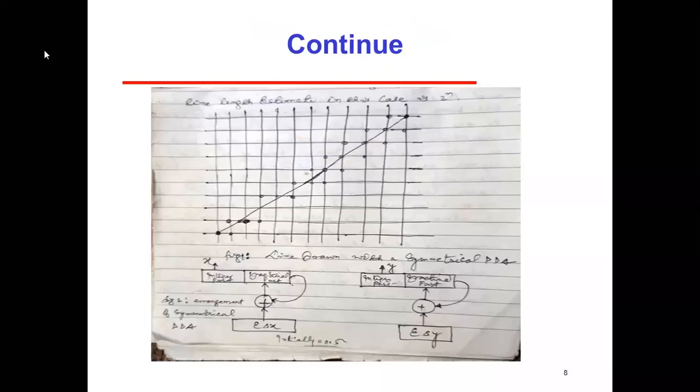Again, now we can see in this figure, this diagram, which was taken by mobile, the line length estimate, which we were talking about. In the case of the symmetrical DDA, it is equal to 2 to the power n. We have already calculated that, and now we will get such a graph. Here we get the initial point and this is the final point, and some of the points will lie over this line and some will never lie on this line. Ultimately, most of the points lie over this line, so we will get the straight line.